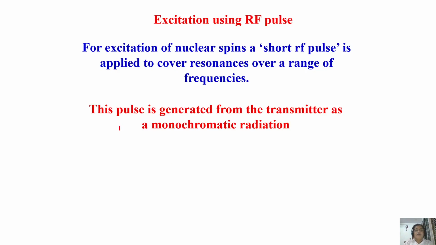Now, let us discuss more about the radio frequency pulse. Up to this, you have done something, but you now need to start collecting the signal. How do you start collecting the signal? You have to excite the nuclear spins by application of a radio frequency pulse in a direction perpendicular to the magnetic field. Magnetization is here. I have to apply the pulse in a direction perpendicular to it and flip the magnetization to the transverse plane.